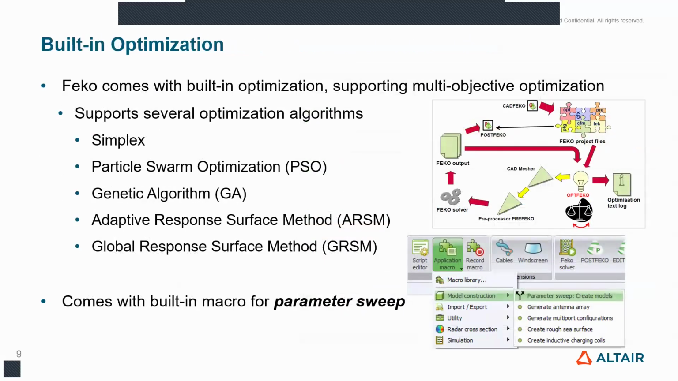So there are 5 different optimization algorithms available within FECO: simplex, particle swarm optimization, genetic algorithm, adaptive response surface method, as well as the global response surface method. Of these 5, I would say simplex and ARSM are local optimizers, and the other 3 are global optimizers. The main difference would be, depending on the starting point when you start your optimization